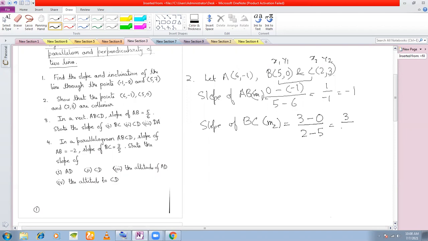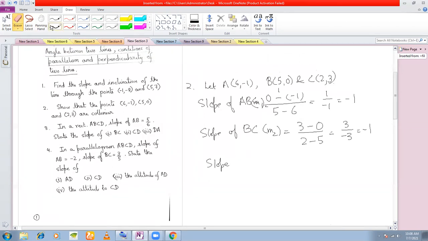So this is 3 by minus 3, which is equal to minus 1. You can take any order you want, it's not necessary to take this order. Choose any two, find the slope. Then choose the next two, find the slope. And then finally choose the first and the third, that is slope of AC,